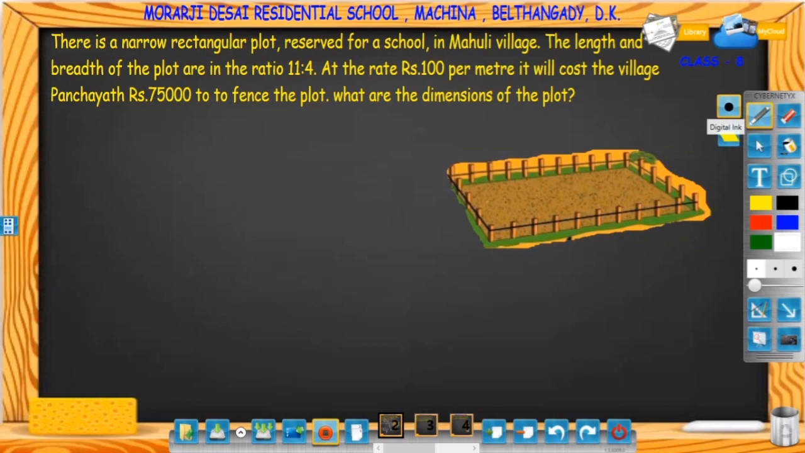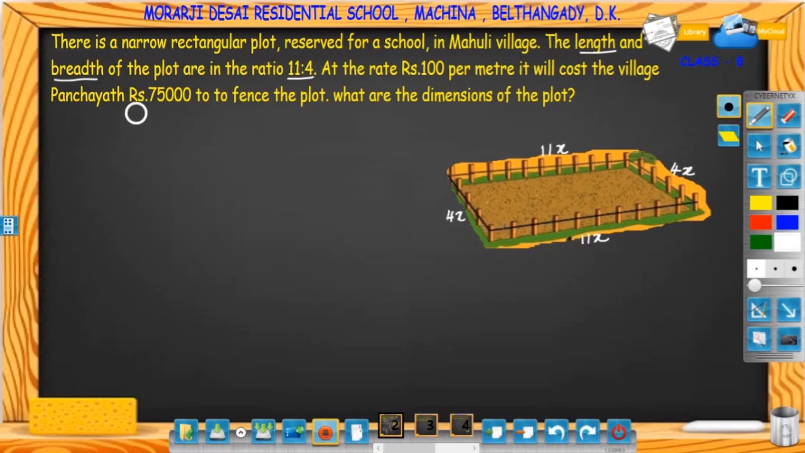It is given that the length and breadth of the plot are in the ratio 11:4. Means length is a multiple of 11 and breadth is a multiple of 4. So we have to take the length of the plot as 11x and the breadth of the plot as 4x. We have two lengths and two breadths in a rectangle. Now